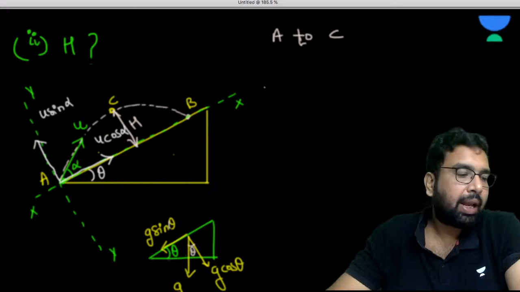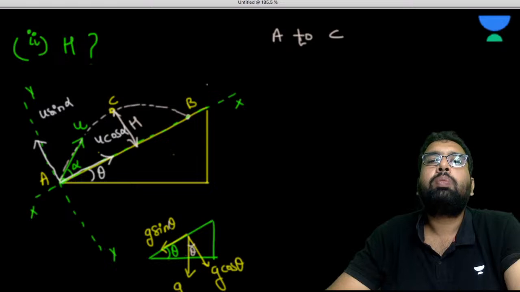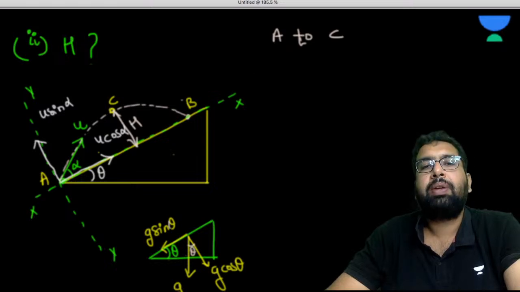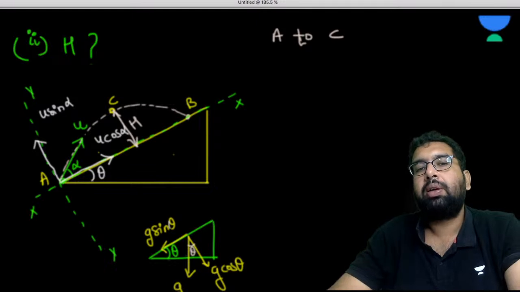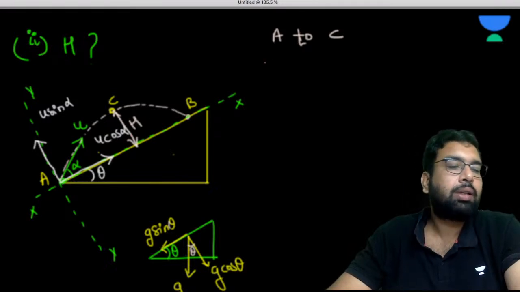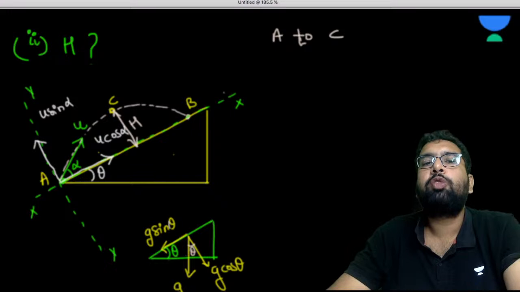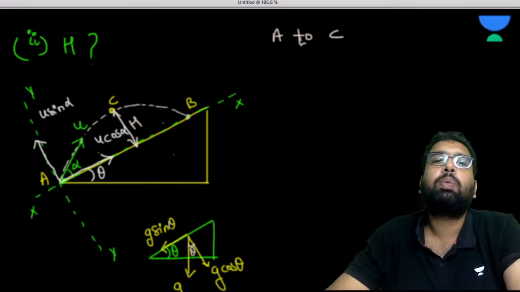Whenever you are applying the equation of motion, be very, very clear that you are going to use the right formulas. First sort out from which point to which point you are applying the motion equation. So from A to C we are applying, right? Now when we are applying from A to C,